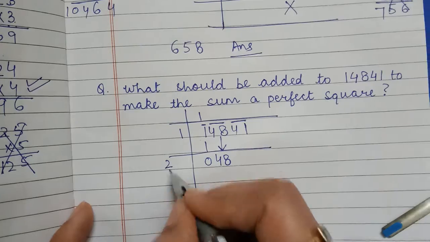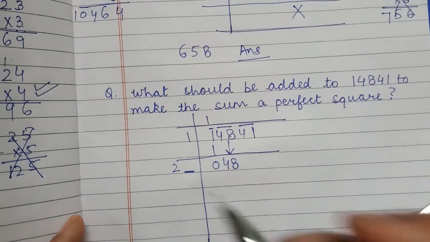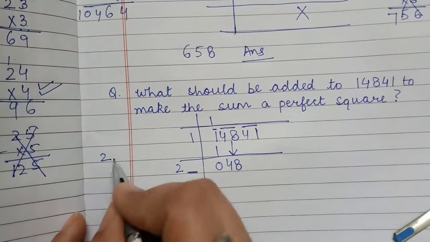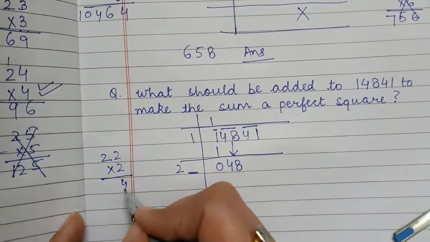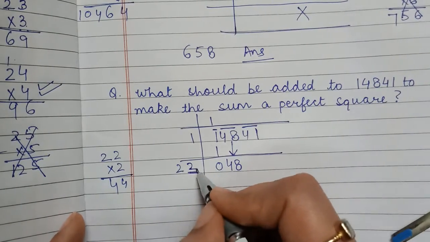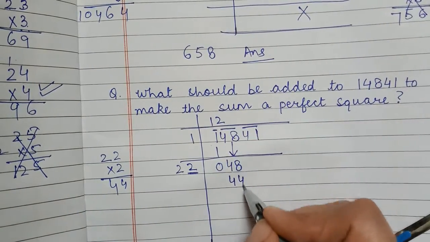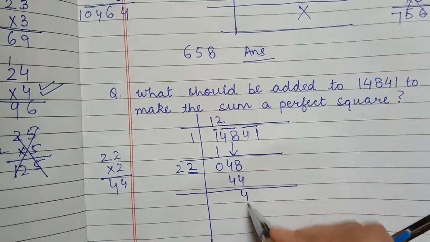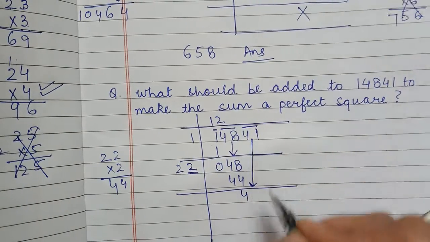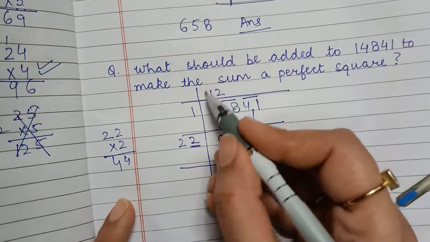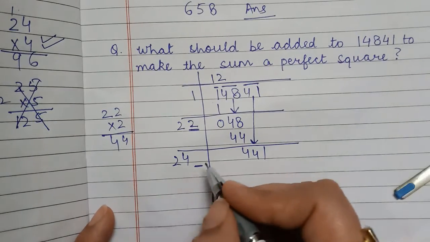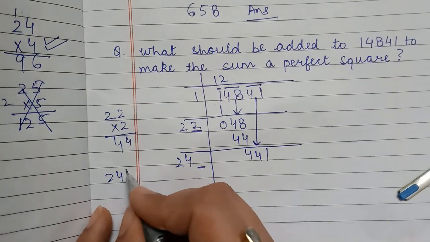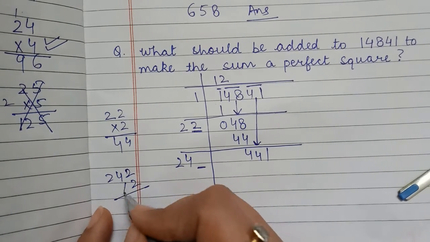Double of 1 is 2. Which digit should be written here? We will try it in rough. Suppose I will try with 2. I keep the 2, I multiply by 2. 2 2s are 4, 2 2s are 4. So it is 2 here, 2 here, and 44 here. Then again subtract, 4, copy the other pair, that is 41. Double of 12 is 24. Again which digit will we put here? I think we will try with 2, then I have to multiply it by 2.